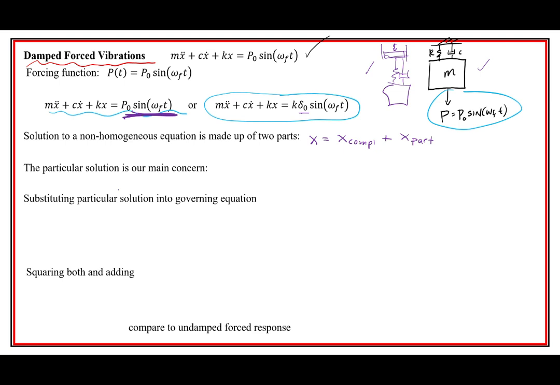And since the particular part is our main concern, we will write out, and in this case, we included a phase in there for a pretty good reason. It helps us to cancel things out. So it's like a little trick that somehow we magically had to know ahead of time. So we'll say, since the particular part is our main concern, we'll call that x part. And we're going to say that it has,